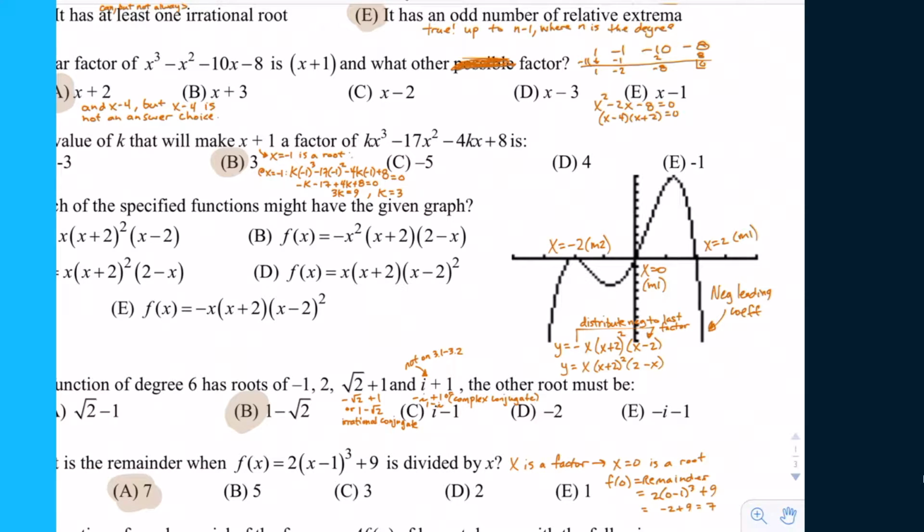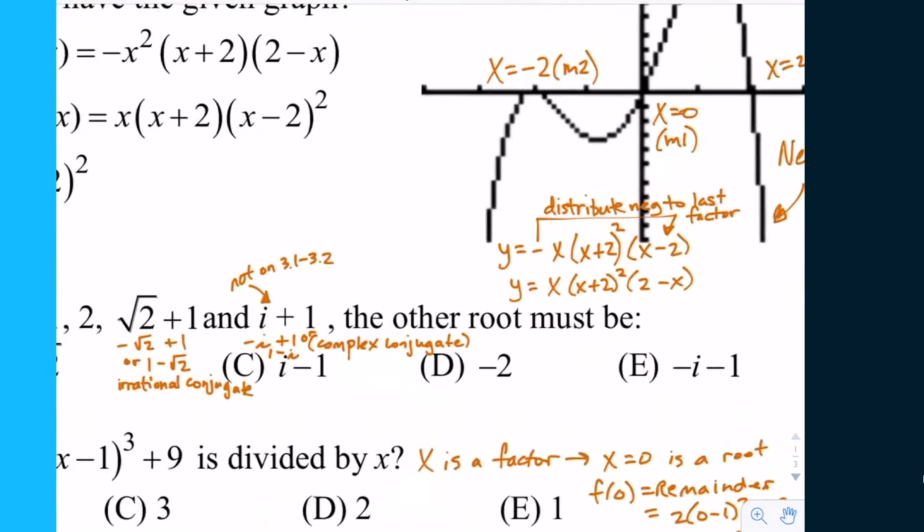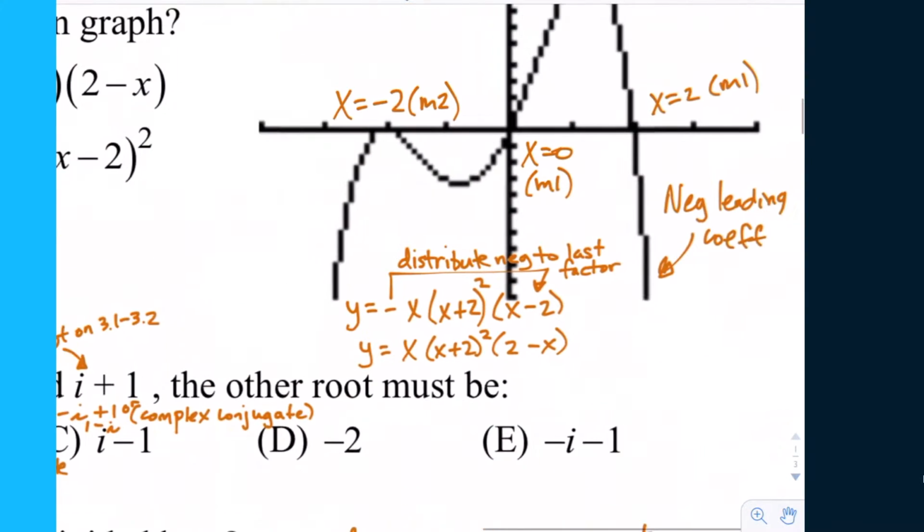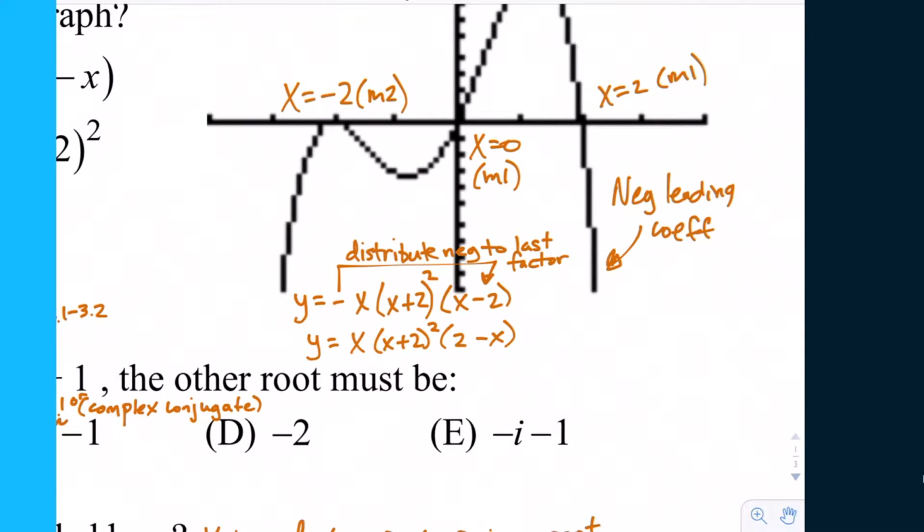So if you're going to write an equation for this, this is -2 m2. That's a 0 m1. That's 2 m1. So now writing the equation, let me zoom in. And this is how I would do a problem like this. Just write the equation. Give it a name like y. You know the right-hand behavior is negative, so you're going to put a negative out front. If 0 is a root, then x minus 0 or just x is a factor, and because it's an m1,